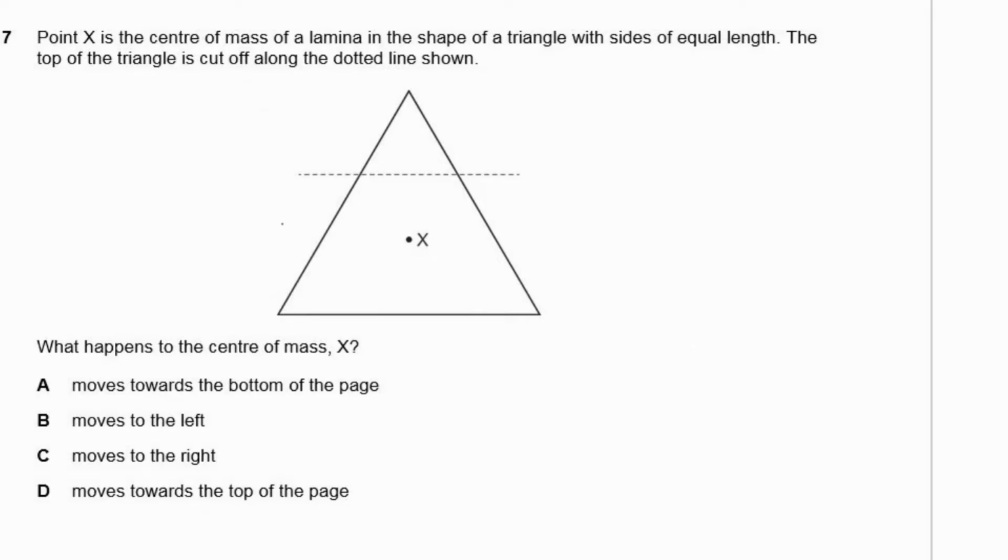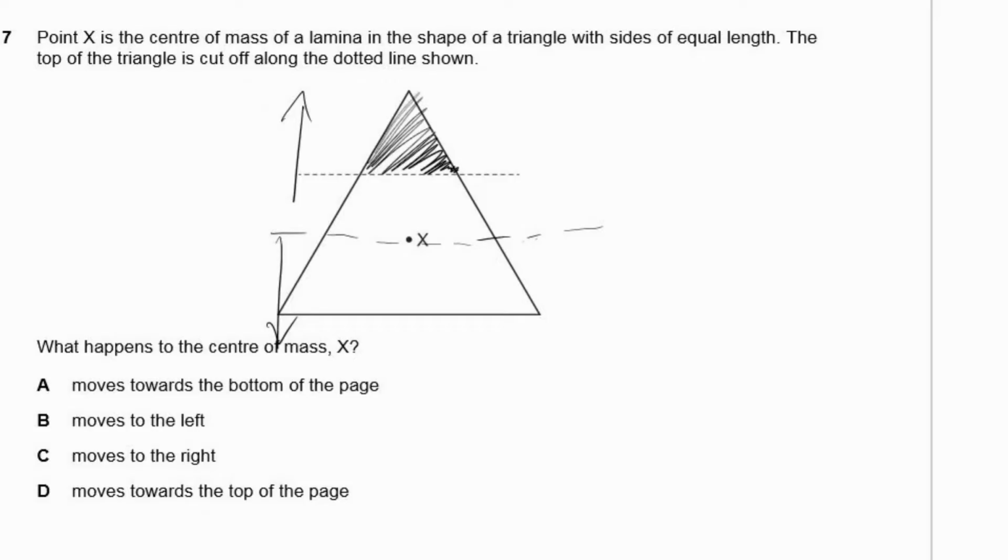Right, the centre of mass is a point where if I wanted to, I could put something underneath and balance it on that point, in this case while it was lying flat. Now that means that all the forces on this side would balance all the turning forces on that side. Now if I take off this bit up the top, then what I'm effectively doing is taking off a